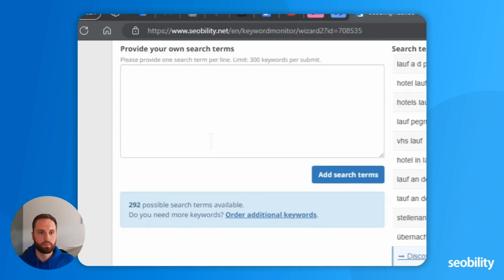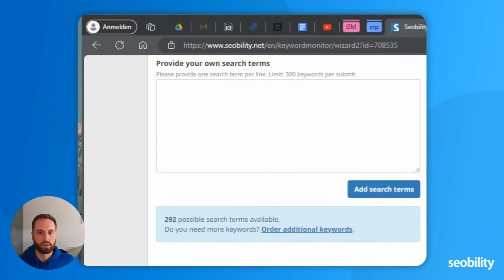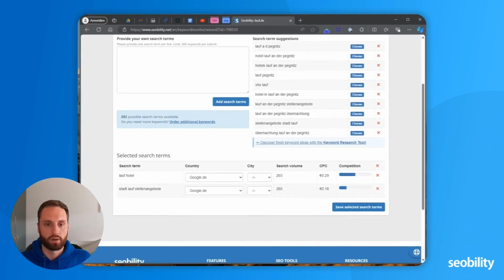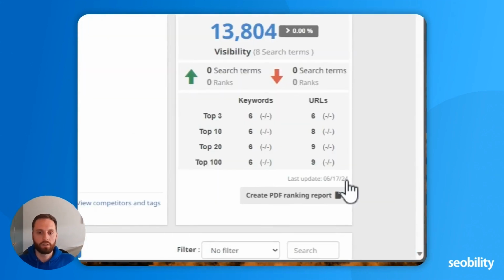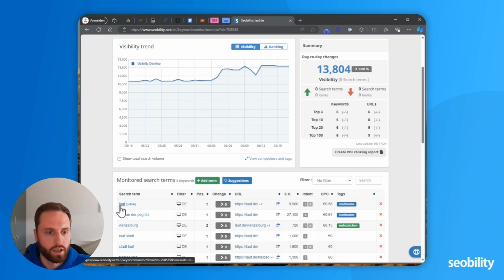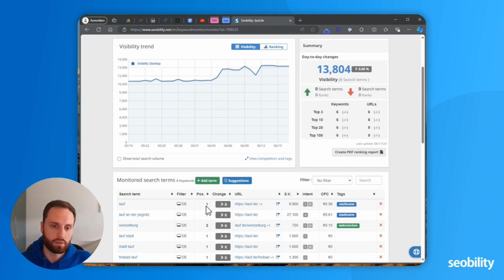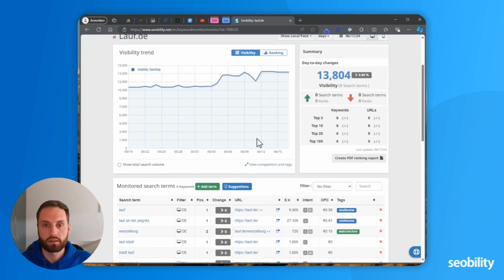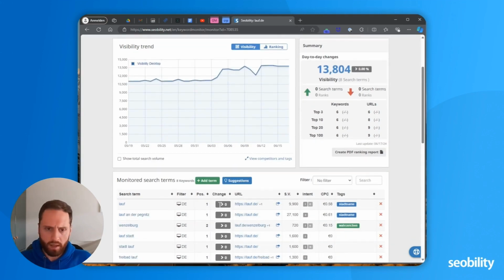You could also provide your own search terms. And if you're happy, you save and add them to your rank tracking. It's easy as that. Here you got your search term. You got the search engine you entered. Here is the position that we currently determined for you, which is in this case position 1 on Google. Here is the change compared to the previous period, which would be like yesterday in this case, because we're on a daily view, but we were ranked 1 yesterday and we are today.